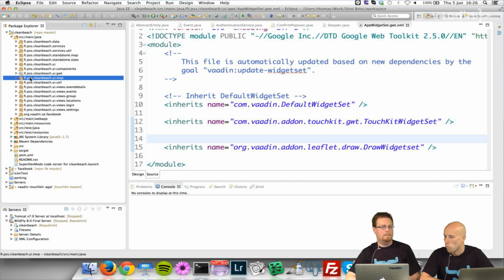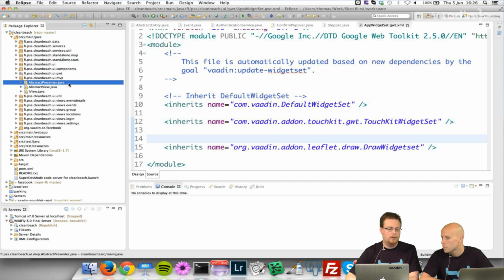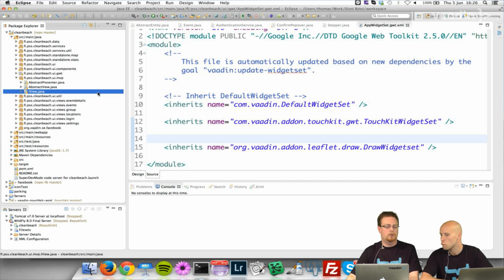But then, maybe a little bit more interesting: how do I actually structure things? We talked about MVP a little bit beforehand, but the way I like to do things is to have superclasses for everything, or super interfaces in the case where that's needed. In this quite simple project, I have an abstract presenter, I have an abstract view, and then I have an IView, an interface for the views. All presenters and all views extend these classes.